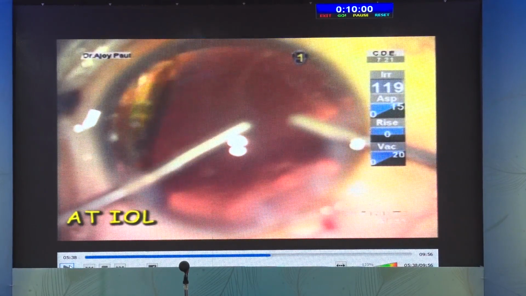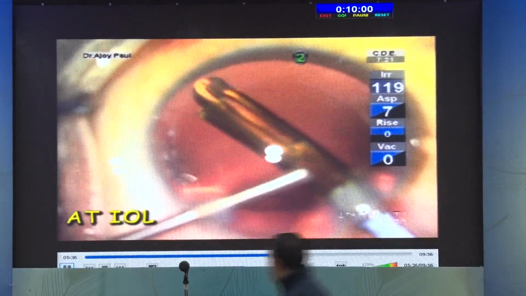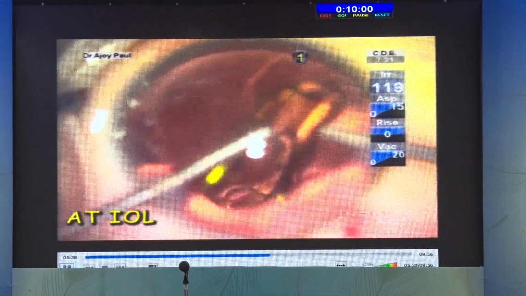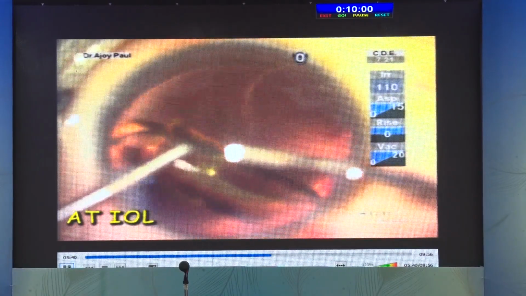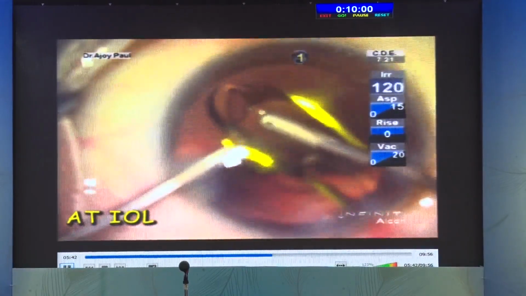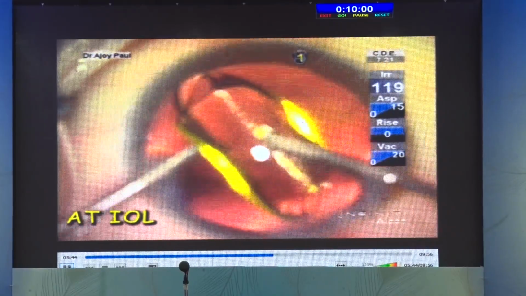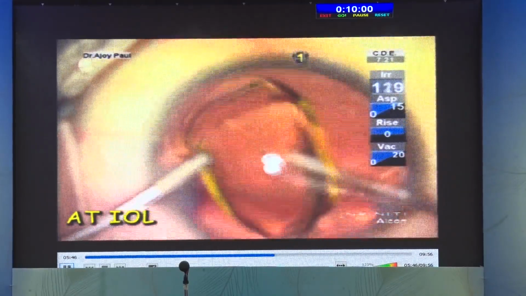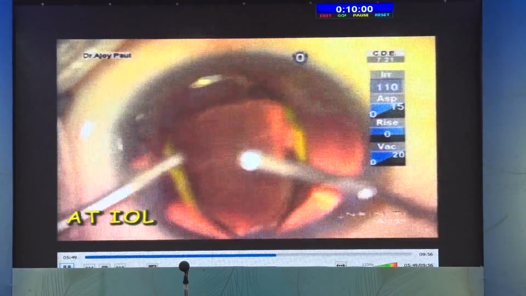So advanced technology IOLs, the biometry, as I said, I think we have the little bit, not discussed in detail here, but definitely Barrett's formula is something we do. SRK/T is something which I do for my normal cases, but Barrett's Universal with the IOL Master 700 and the keratometer with the best possible the IOL Master 700 does. Along with that, a manual keratometry is also added, or use the Pentacam.